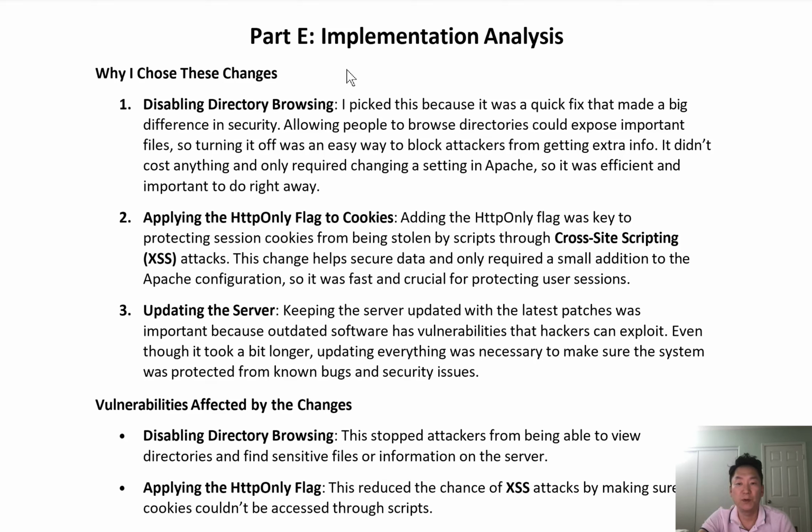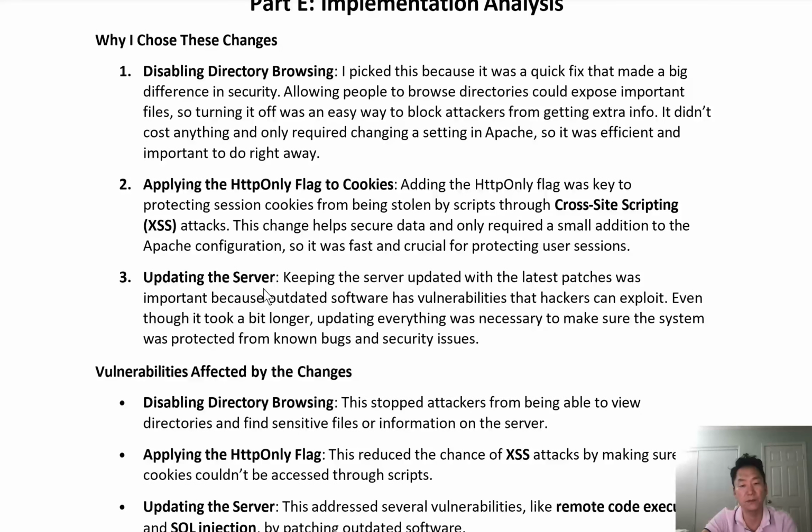So, implementation analysis. Why did I choose these settings? Disable directory browsing: I picked this because it was a quick fix that made a big difference in security. Allowing people to browse directories could expose important files, so turning it off was a reasonable approach. Applying the HttpOnly flag to cookies: adding the HttpOnly flag was key to protect session cookies from being stolen by scripts through cross-site scripting attacks. So this was necessary. And updating the server is the most critical